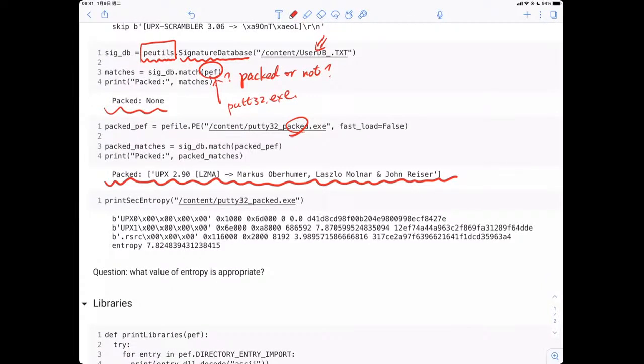So that section. We can see that the original PuTTY file has 7 sections, right? But after packing, the UPX tool only contains 3 sections. Of course, those 3 sections include all the original 7 sections. So it has a different file size, different entropy, and different hash values right here.